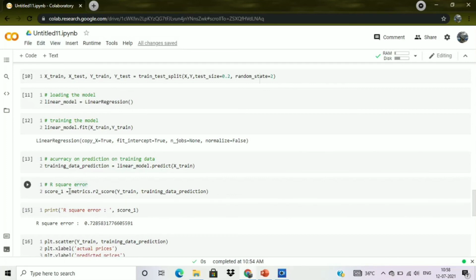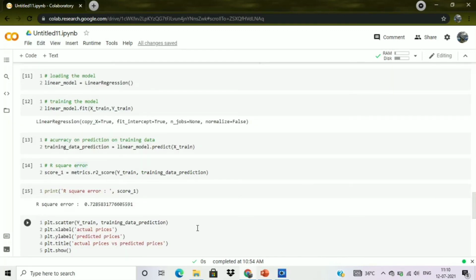So once our model has been made, we will calculate the accuracy on the training data, that what kind of model has been made. So I have just created another variable score1, and then I have called the metrics function here, and then I have calculated the R squared error here, and I'm just printing that error. You can see that our error is 0.7285. So it is a very good error, not very much big. So you can understand easily that our model is very good.